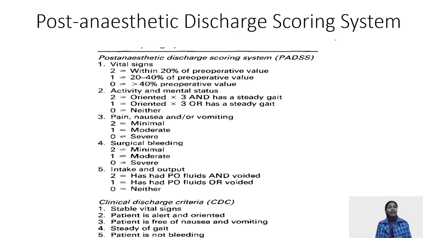Then we have PADS, that is the post anesthesia discharge scoring system, in which the patient is discharged to the home. This is the scoring system to discharge from the hospital to home. This consists of your vital signs, your activity and mental status, how much orientation the patient has. It consists of your pain, nausea, vomiting, surgical bleeding, and lastly the intake and output, whether the patient has